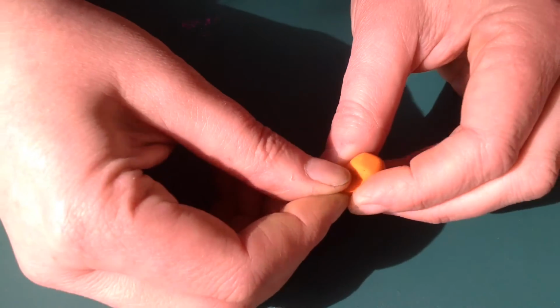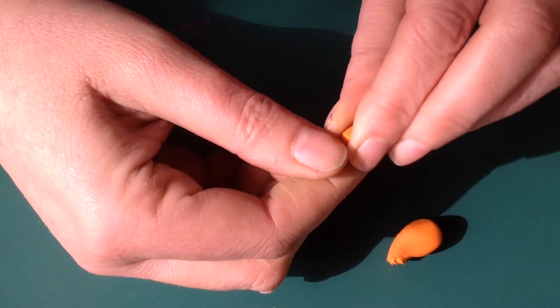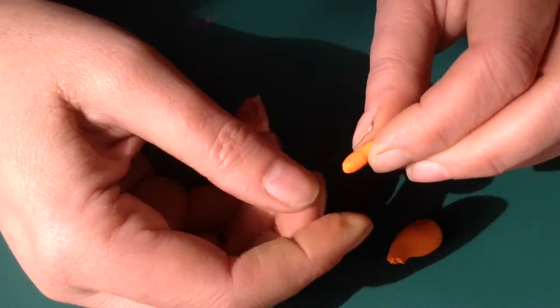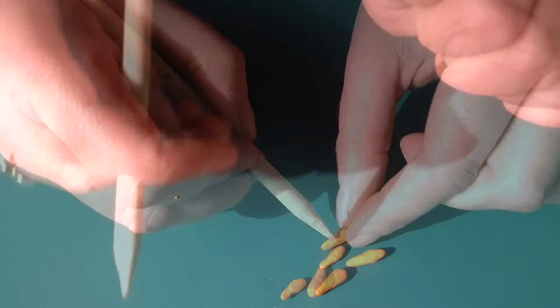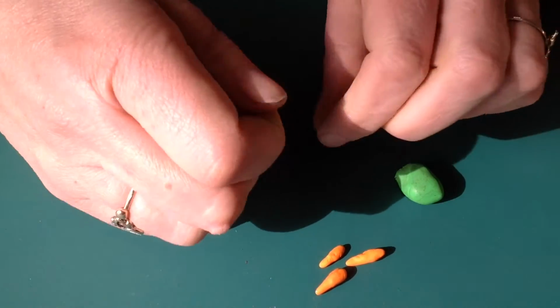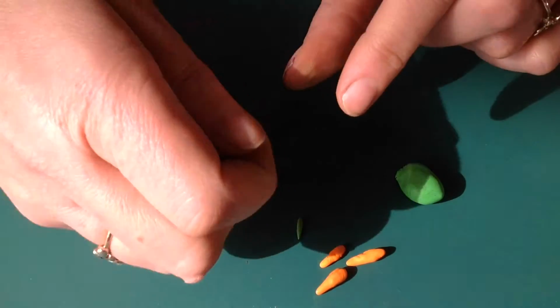So next we're going to make the carrots. So you just need some of the orange clay, roll it in your fingers and make a cone shape. And you can do a little bit of detailing with the stick. Then you want to get some of the green clay to make the tops of the carrots. So for this I just made lots of tiny little